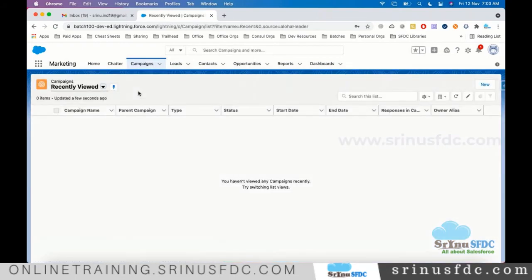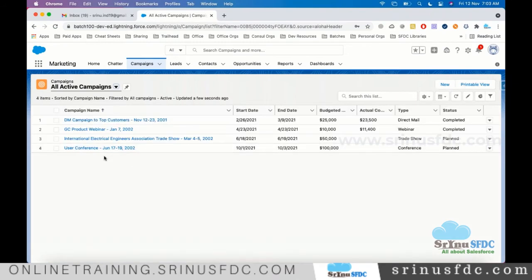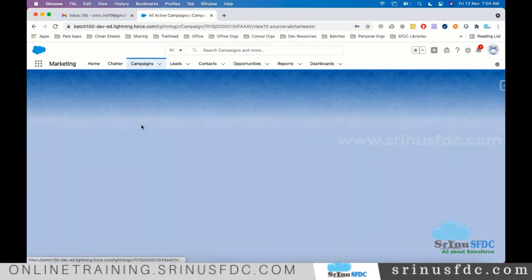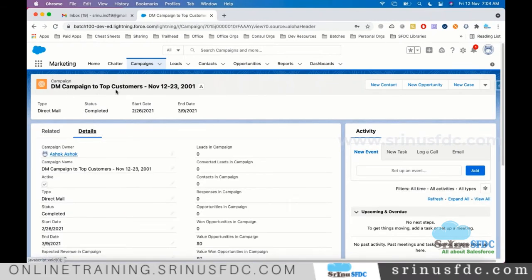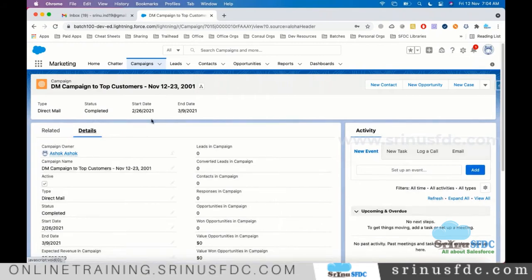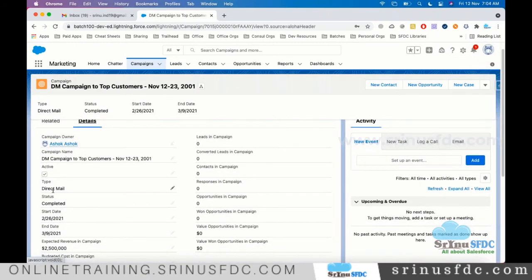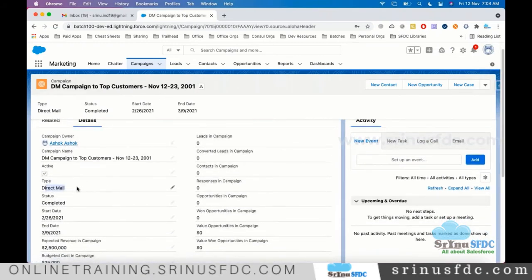All the campaigns this company runs will be maintained here. You can open one of the campaigns and see how it looks. The name of the campaign is DM campaign to top customers. It is active and it is an email campaign, direct email.